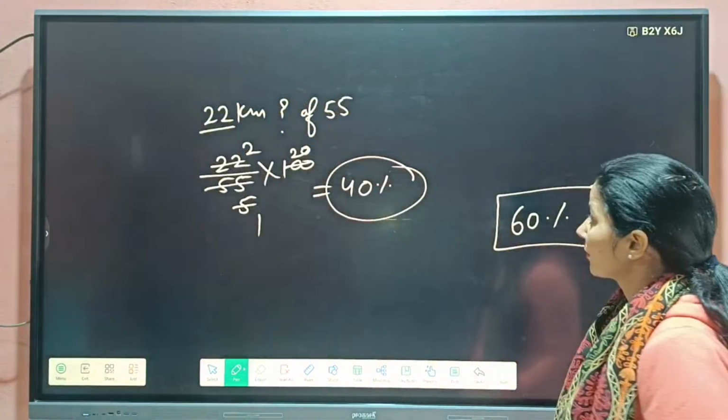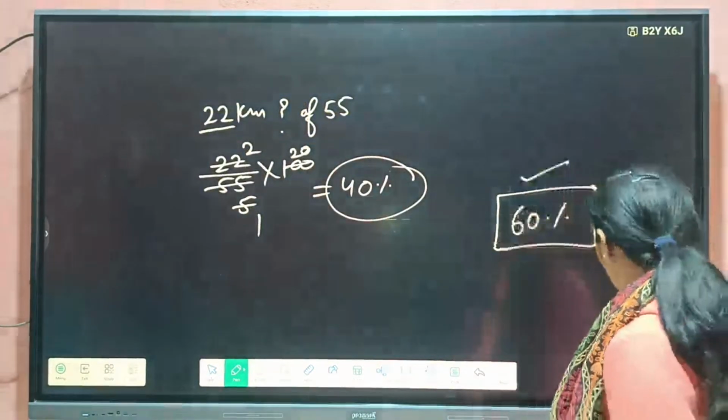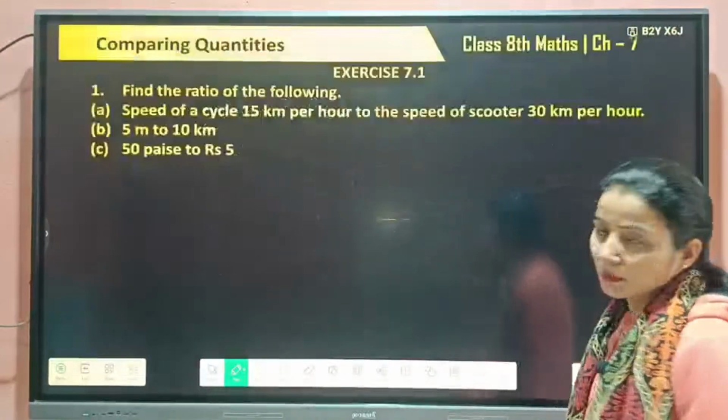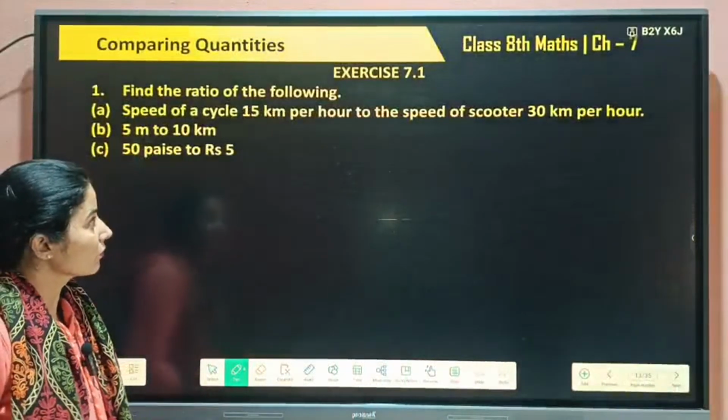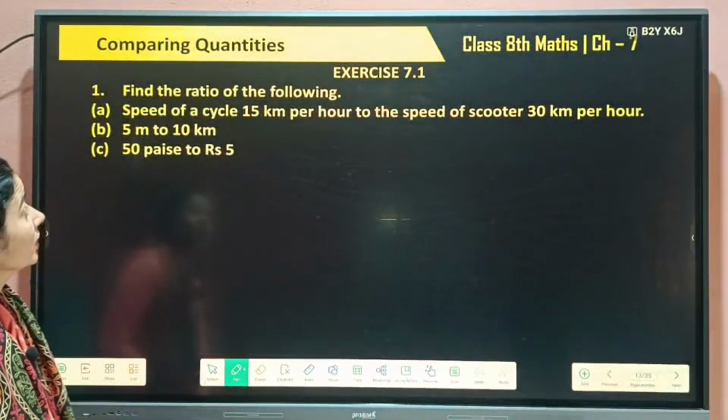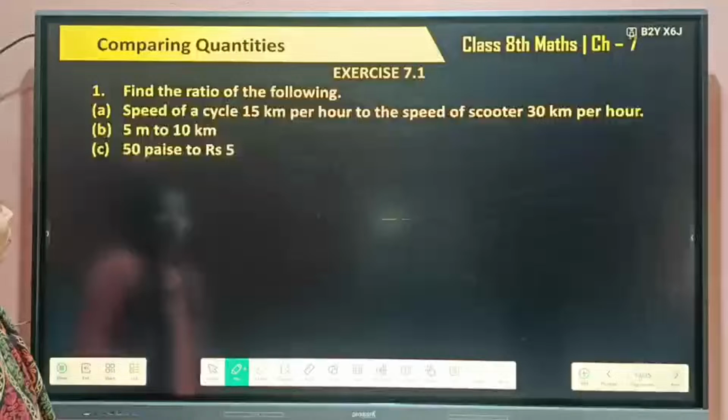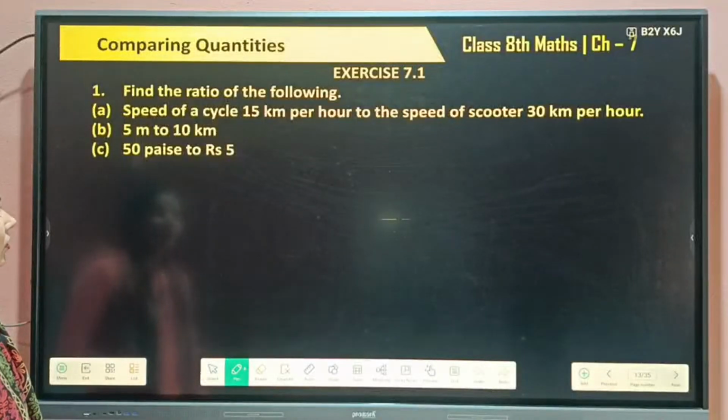So example number 1 is completed. So in this exercise, just one example is given to us. So now we are going to start exercise. Let us see what is first question of exercise 7.1. Find the ratio of the following. What is first part? Speed of a cycle 15 km per hour to the speed of scooter 30 km per